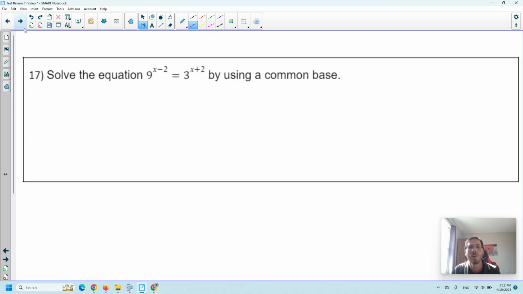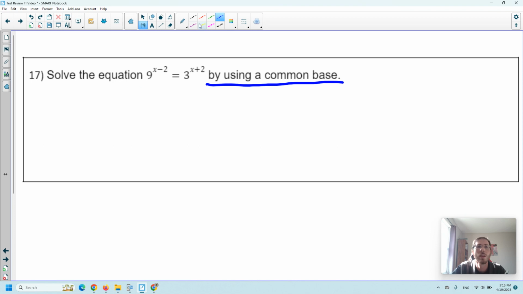17, solve the equation by using a common base. The instructions say by using a common base. If you do not use a common base, you do not get this answer correct. You cannot score any credit if you do not use a common base. Doesn't say just regular solve. You can use regular solving techniques to check, but it does say to use a common base, so you must